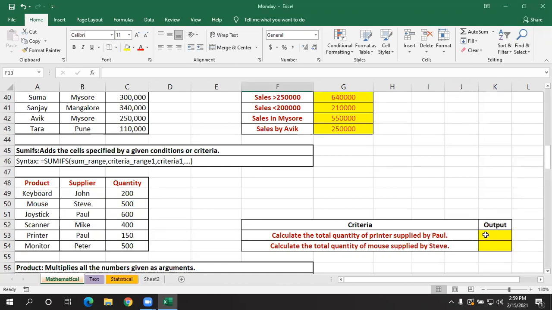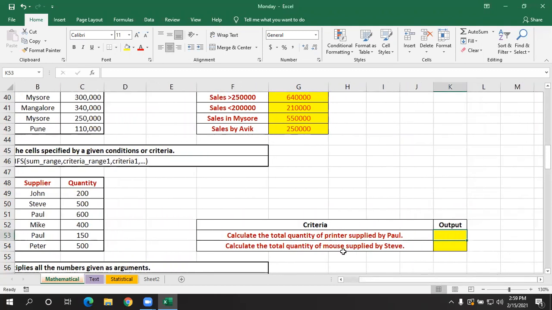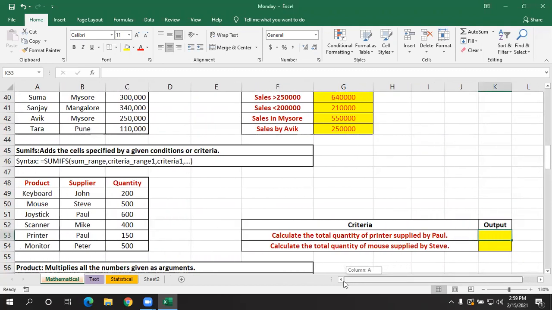Now here I'll type the criteria I have given: calculate the total quantity of printer supplied by Paul. This is the data from where I have to get the result. There are three columns: product column, supplier, and quantity.